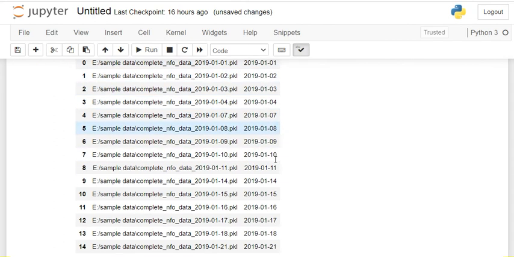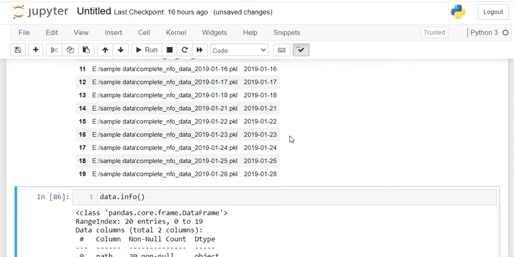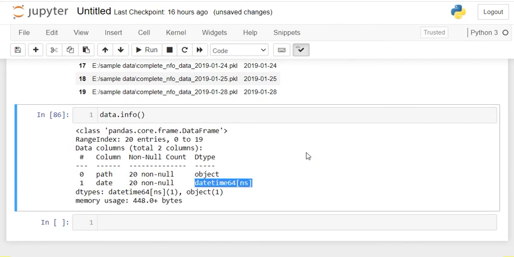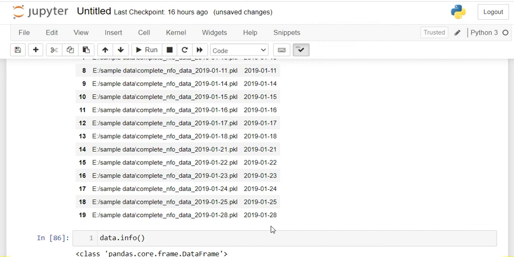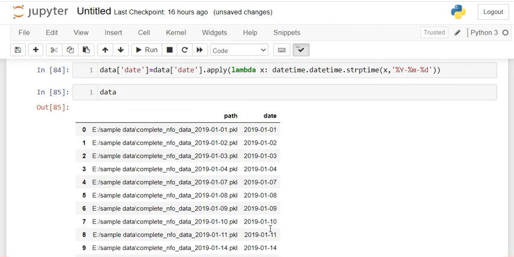All right, now sometimes the data is not in properly sorted order, maybe not starting from 1st of January, 2nd of January and going to 20th January. If you have a lot of data, it might be jumbled up, so you can just sort the values from 1st of January to 28th January, or whatever analysis you want to do. The main intention of this video is to make you understand that when you want to do any time series analysis or any backtesting, the first thing is you have to convert the date into a datetime format before you do any kind of research.